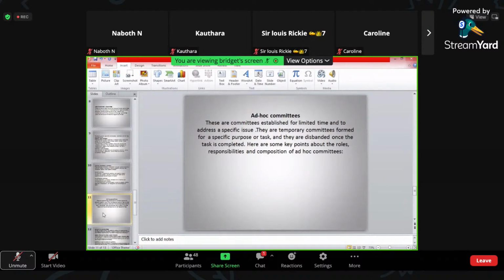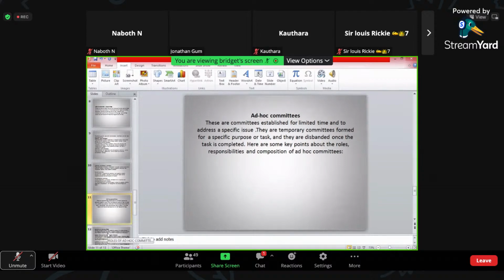Ad hoc committees are committees established for a limited time to address a specific issue or project task. These are temporal in nature and give specific advice to the board of directors and the managers of the company. Once the task is completed, the committee is disbanded, and they are always established by the board of directors. So here are the roles and responsibilities